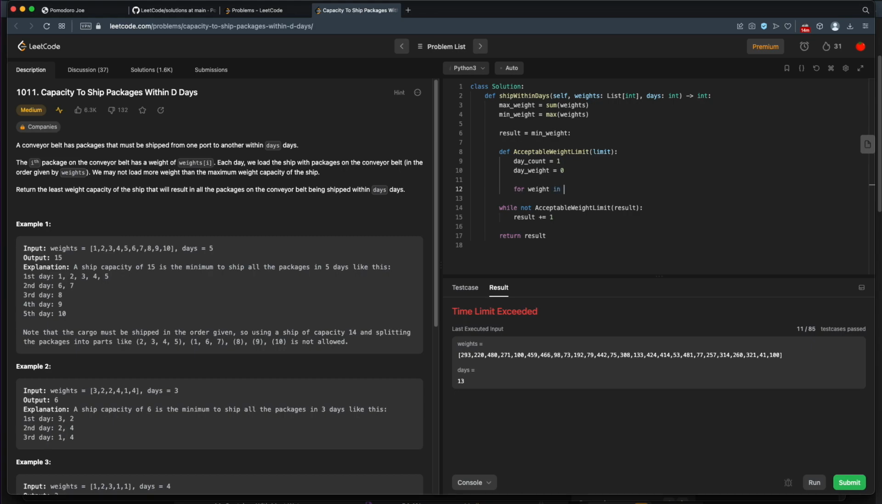And then for every weight in our weights, we'll just say our day weight plus that weight. So we're adding, maybe I'll call it boat weight. Whatever. So we're just saying for this day, we're adding this weight to the boat. And if at some point our day weight exceeds our limit, we can't add this package on this day. So if the day weight is greater than our limit,